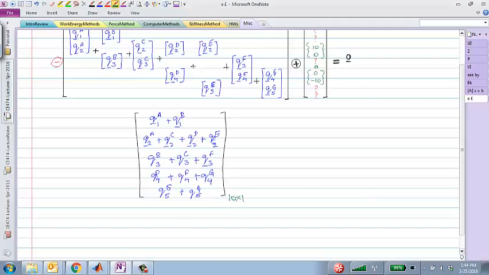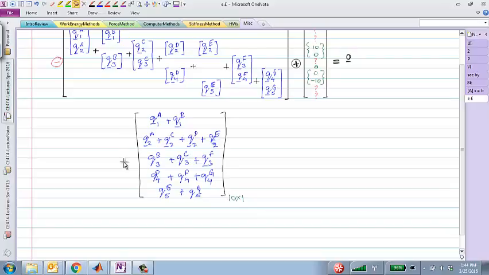Why is it 10 cross 1? It looks like it's 5 cross 1. Because each one is a force on a node which has both x and y directions. So each one of those is a 2 cross 1. And if I have 5 of those, it becomes a 10 cross 1. This is the set of forces that all of the members in the truss apply on all of the nodes